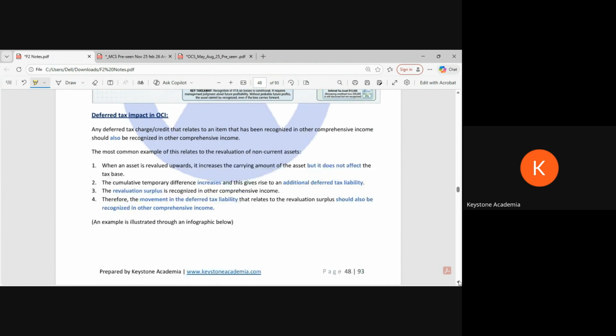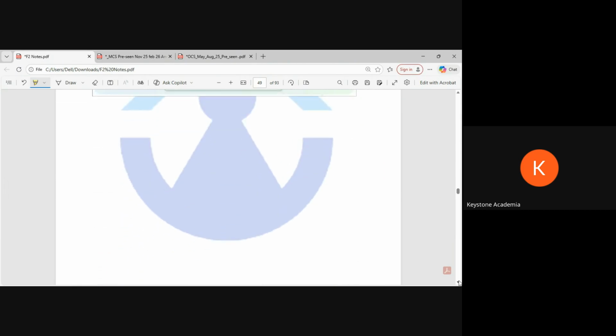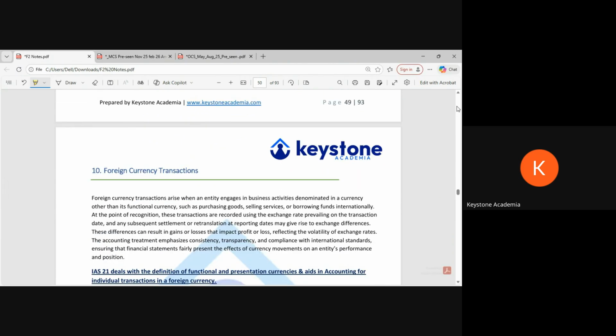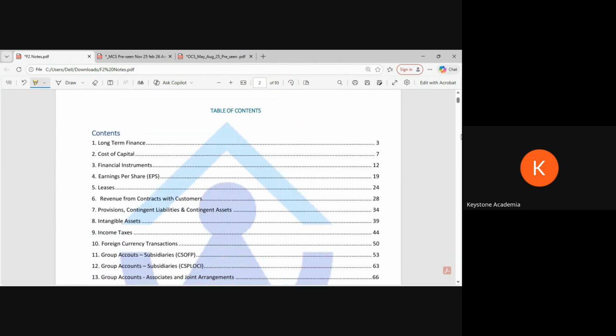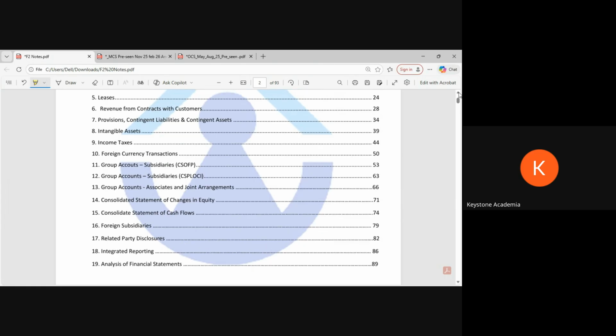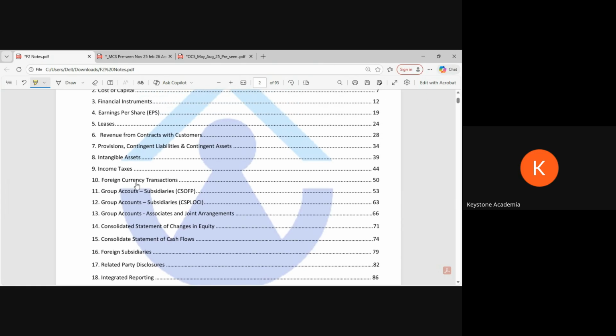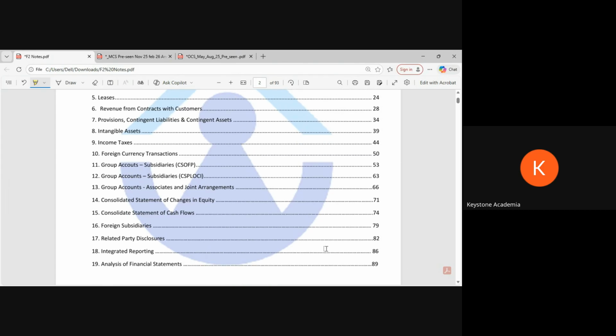I don't want to confuse you, so I'm just thinking whether you should do this or not, because it's not very relevant. Okay, it's fine. This much is enough. So we have done till chapter 9. Foreign currency transaction is chapter 10. This is not part of us because we are just operating in one business. Then 11, 12, 13, 14, 15, 16, 17. 10 to 17 is not relevant to our business, honestly. Even 18, but 18, 19 we can quickly have a look.